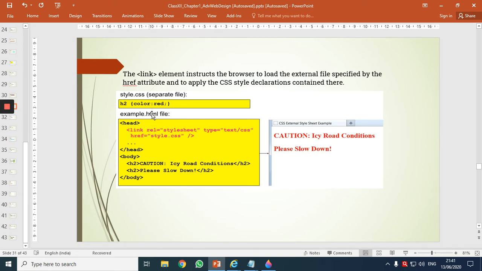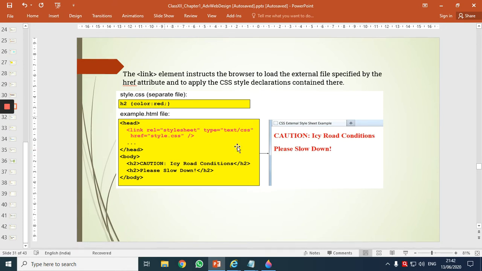See, href is equal to, from where am I taking the style? From style.css. I've mentioned the file name here. And when we observe the output, we will see that both these texts will be displayed in H2 size as well as in red color.